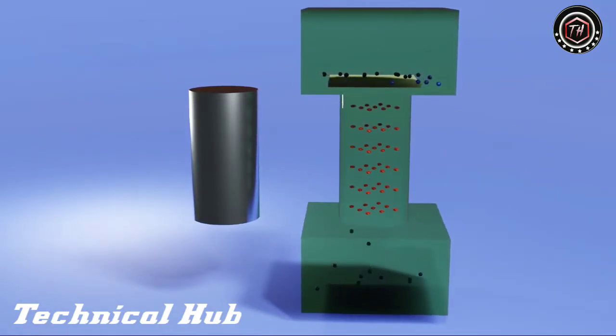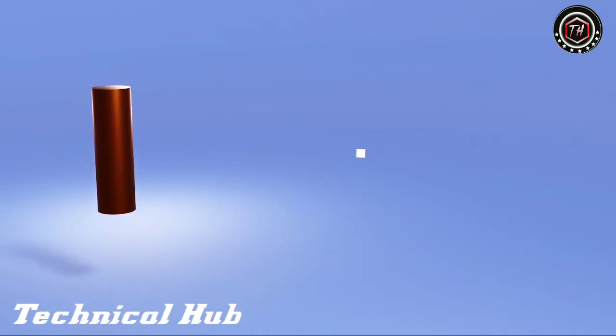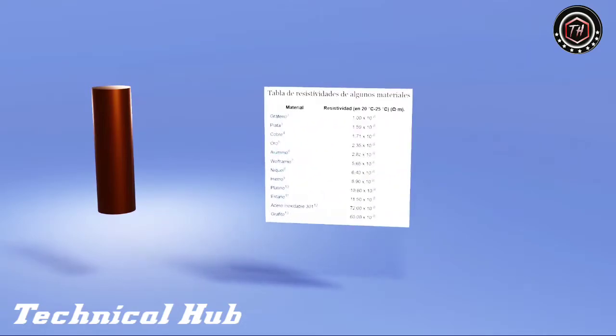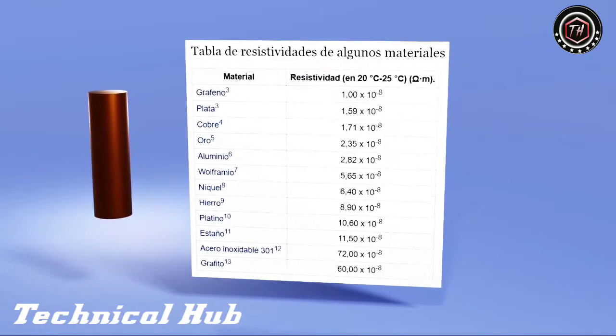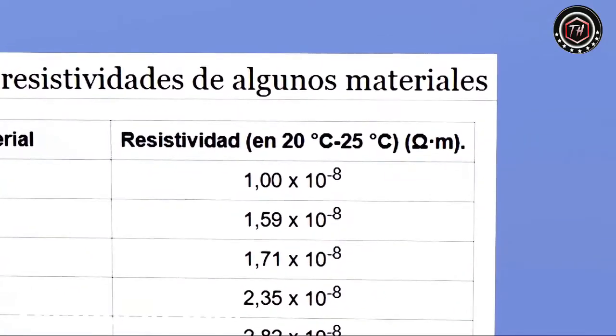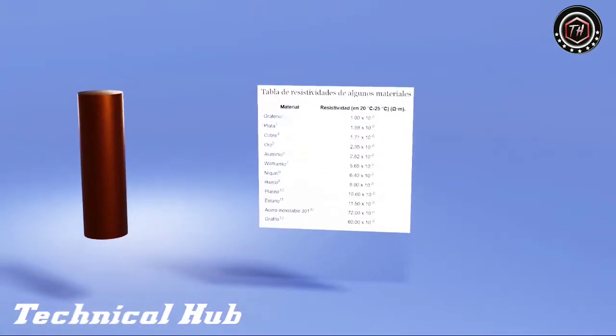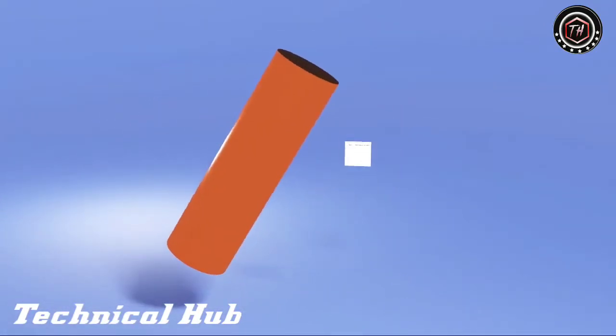Now let's go back to the real version before my computer melts by doing these simulations. Although this formula is usually used for its simplicity, you should know that the temperature can also affect the value of resistance, since the coefficient of resistivity you find in the tables like this specify the temperature at which that value is correct. Although most metals increase their resistivity coefficient while increasing their temperature, this is not true for all